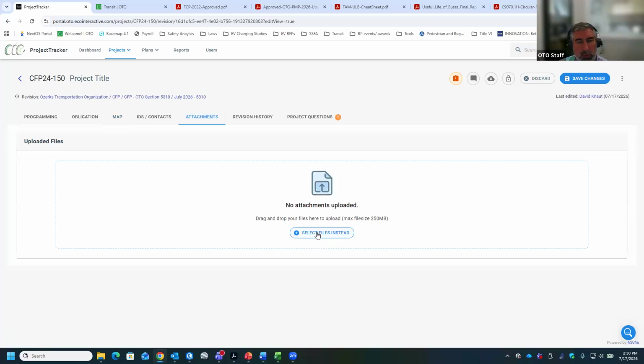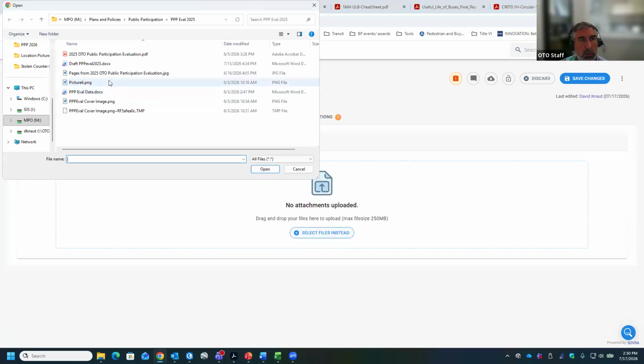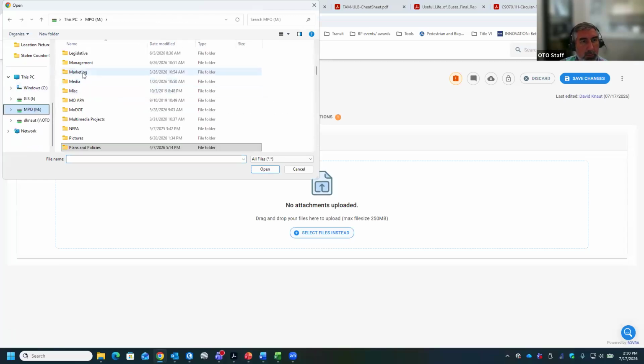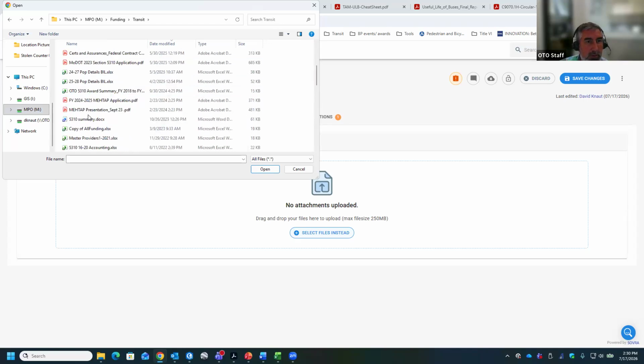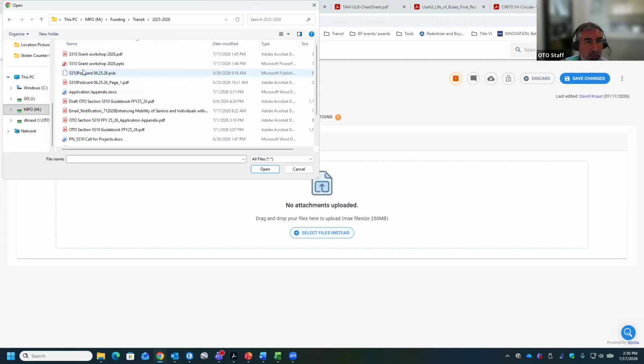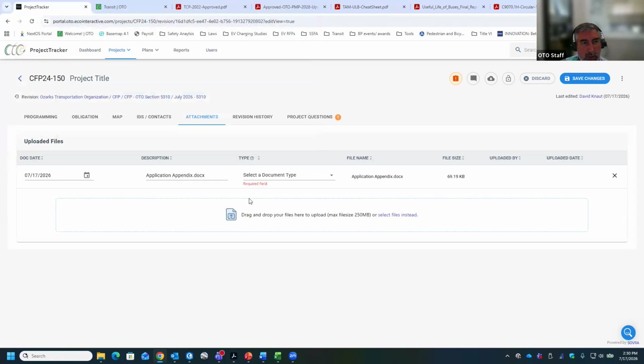Attachments. I mentioned what documents need to be uploaded. Let's see which folder it goes to here. I'm just going to pick something quick and use all our appendixes.